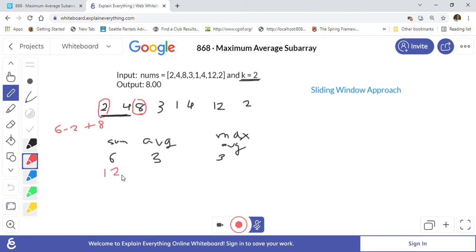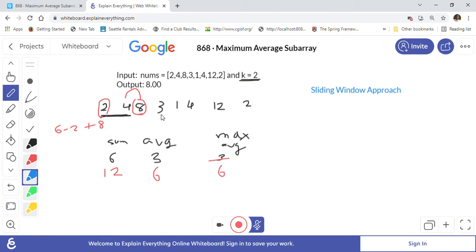So 12 is the new sum, and the average is 12 divided by 2, equal to 6. Now we update our maximum average from 3 to 6. Then we continue.